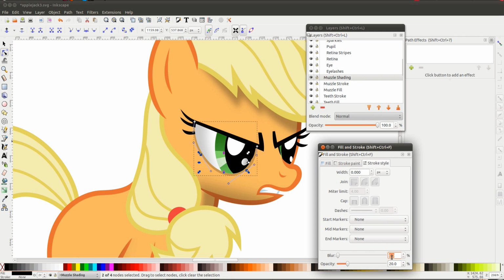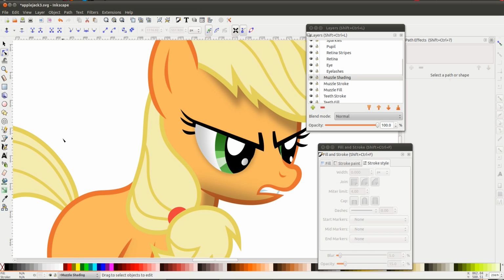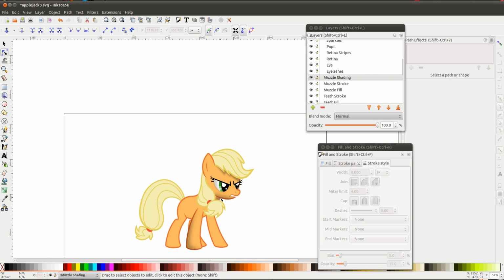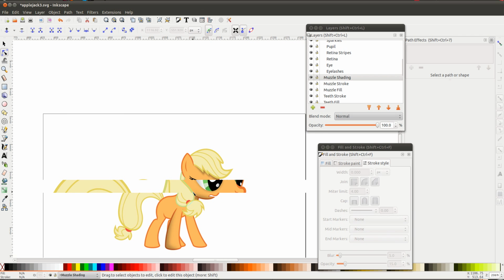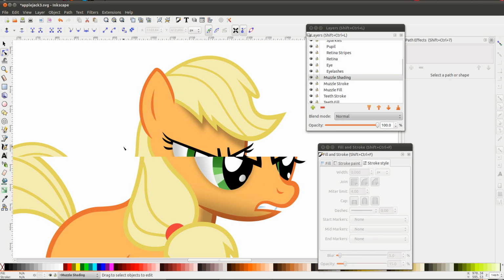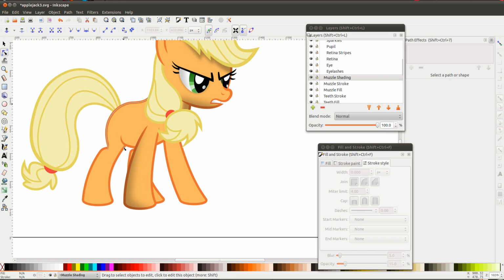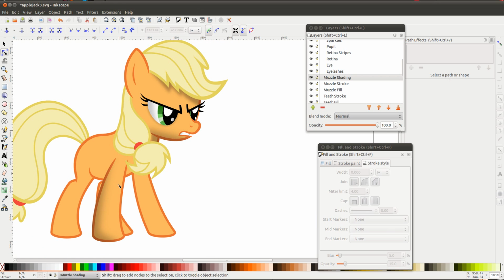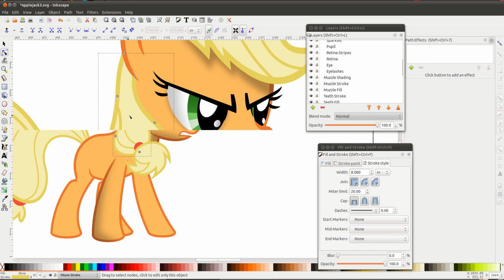So for this, I'm going to use a really hard blur, so like 5, and I'll also turn the opacity down, so like maybe 15. So there you can see her eye is starting to look 3D. And actually the rest of her is starting to look 3D as well. Cool. I guess I will do just her mane then, and then I think I'll probably end the tutorial because